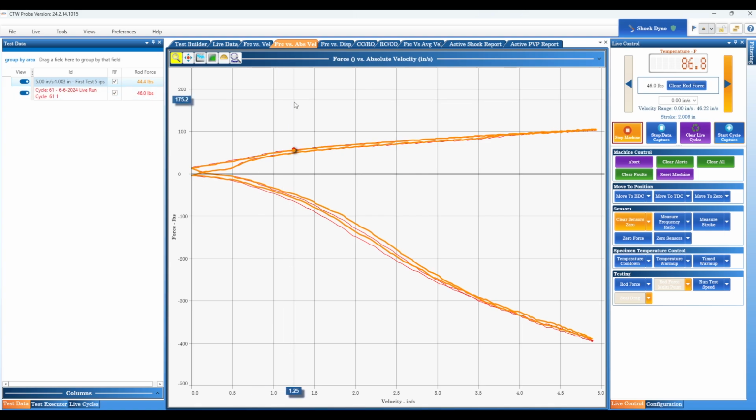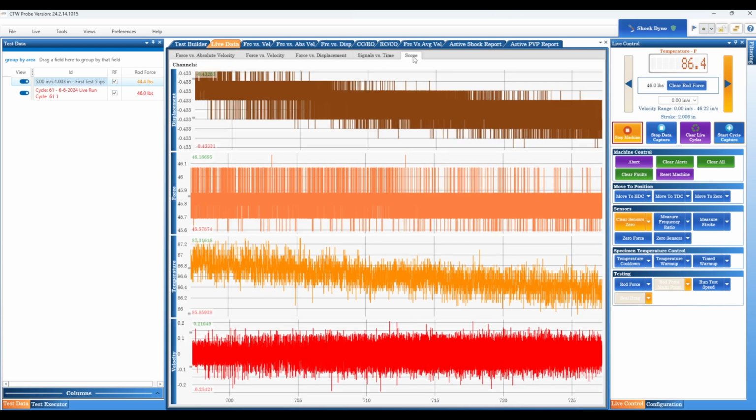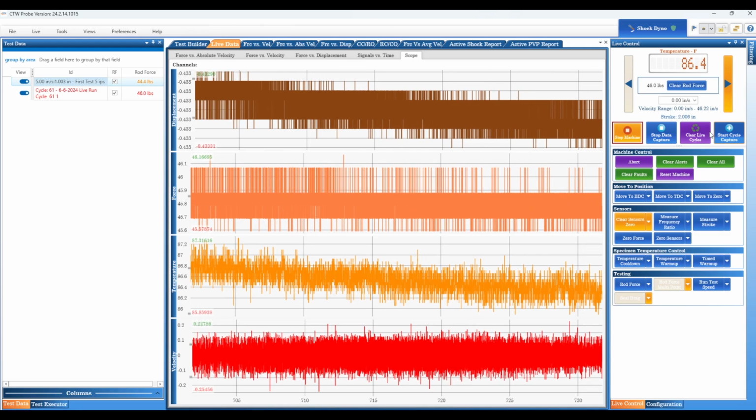We find that it's best when you're not using live control to just turn off. You can see turn off the live cycles, turn off the live data, and just go back to your normal screen. Now, another interesting feature of the live control is the scope function. So if we turn live data back on, you can see you can do live control on any number of graphs, but you can also do a scope where you have your channels, displacement, force, temperature, velocity, and